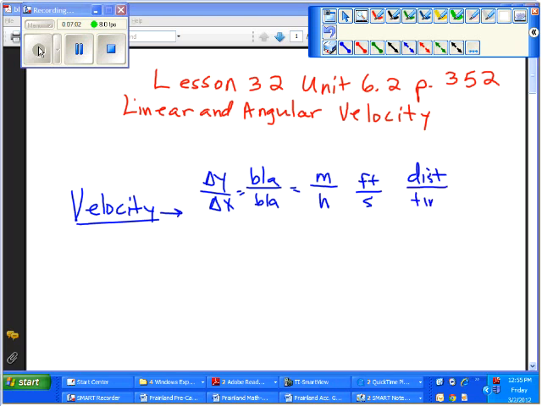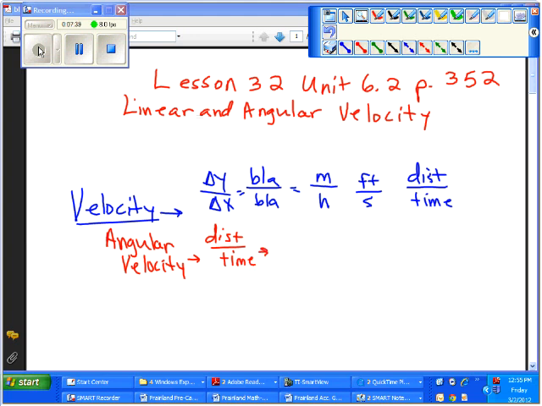Distance divided by time. So we know that velocity is the slope of our lines that we were doing with y equals mx plus b. It was the blah per blah. It was miles per hour, feet per second. But in reality, velocity is distance divided by time. Now, if we're talking about angular velocity, and we're going to define it to be distance divided by time,